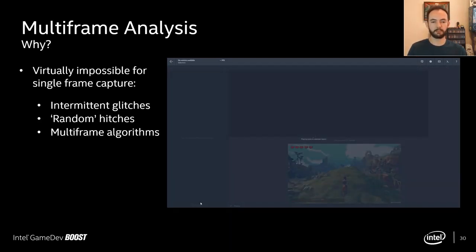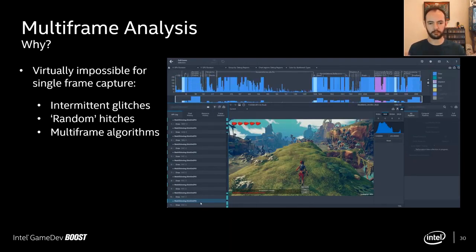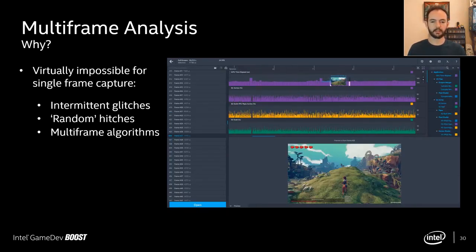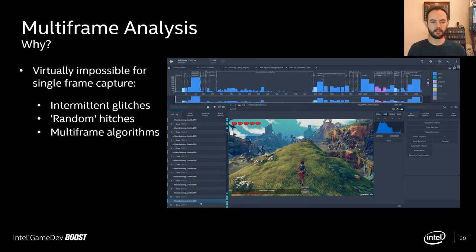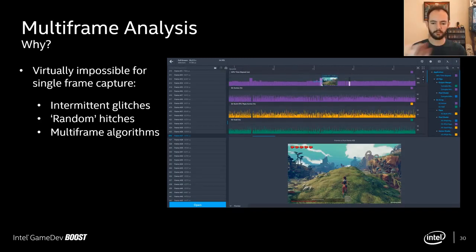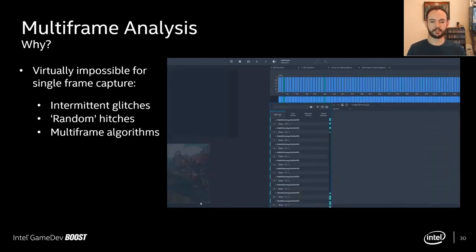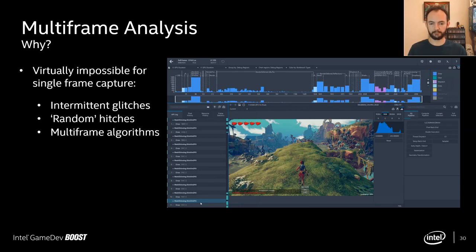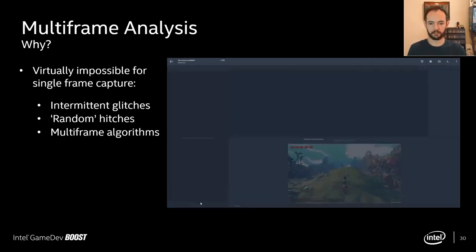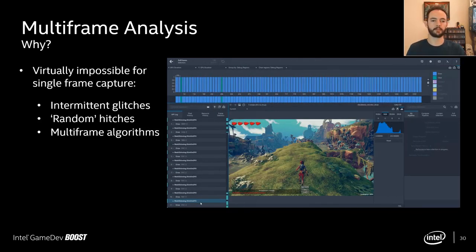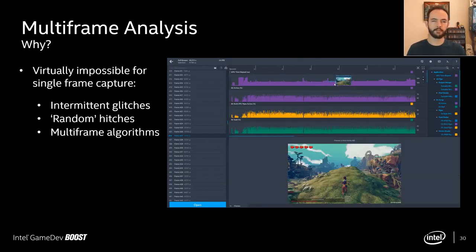So what we did here is we present you with this whole stream-wide data with GPU durations, and we can correlate it with a few of the things that we get at capture time, like other metrics that we can collect. That gives you a scenario where you can actually grab the one frame of interest and just dive into it. In this case, you can see that we select one of the bigger frames, because we want to analyze why that particular frame is much larger than the rest, if it should be around the same ballpark. But one of the things that is most interesting to us about this new backend is that